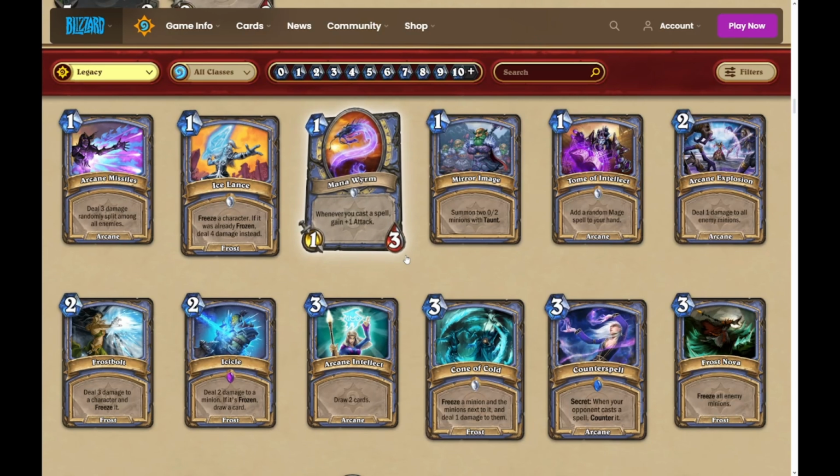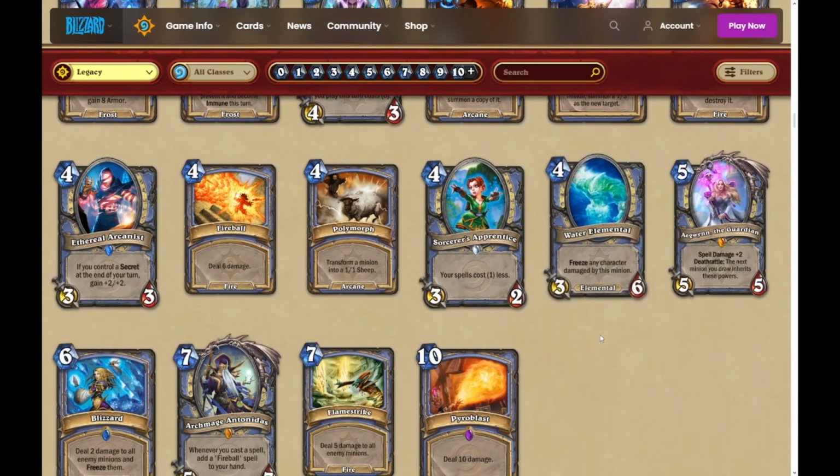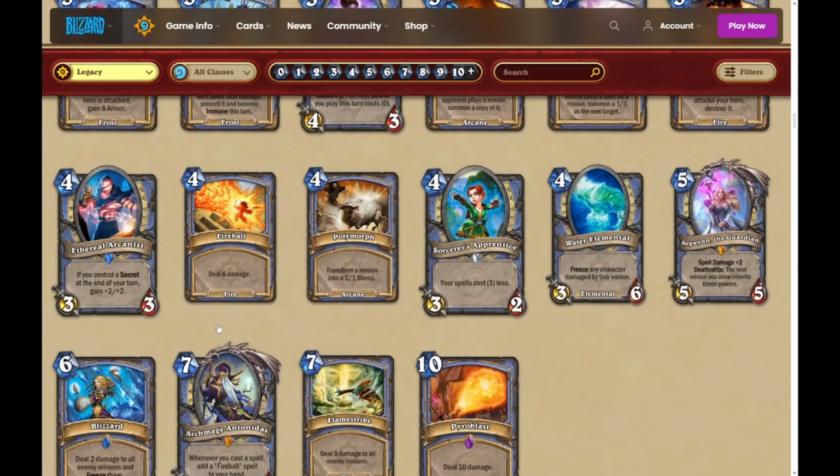Mage actually has a pretty iconic legacy set. Like, most of these cards I've seen play. However, I never only said that I want to buff cards. I said I want to fix cards. What's this one card in the legacy set? If I scroll up slowly...